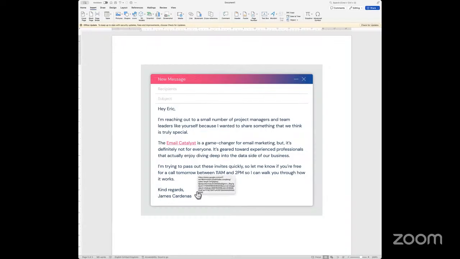and then you always end your email with regards, kind regards, best, whichever way you write. You write your first name if you know the person very well and you're writing to them a number of times. But a good practice would be to write your first and last name.